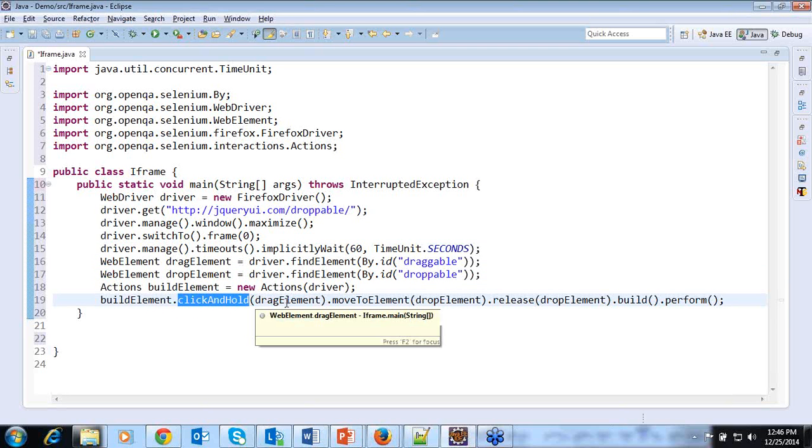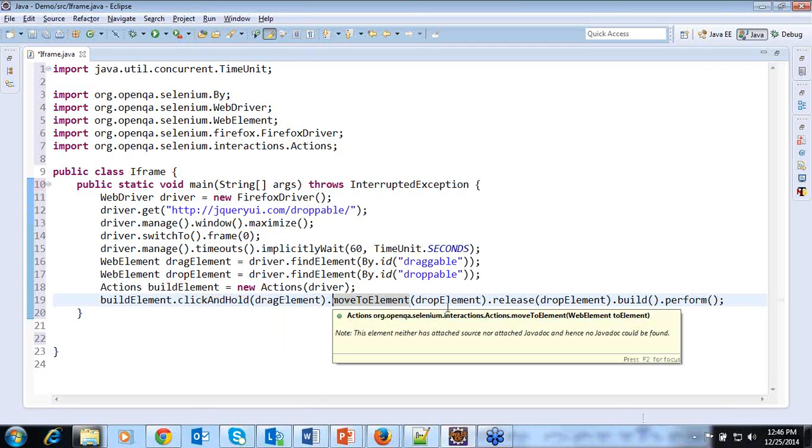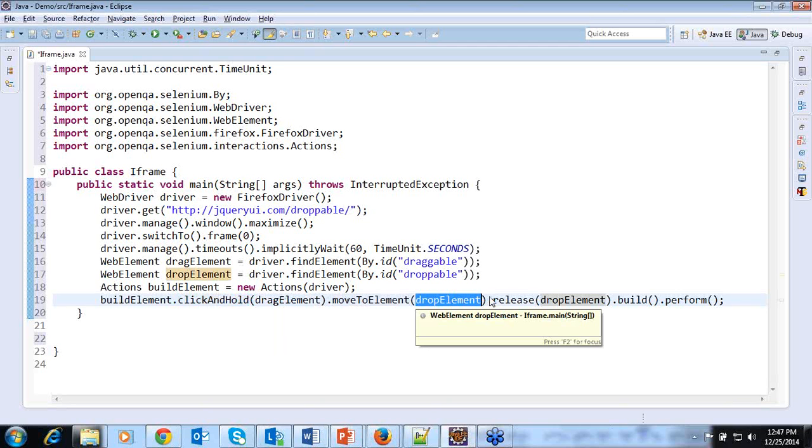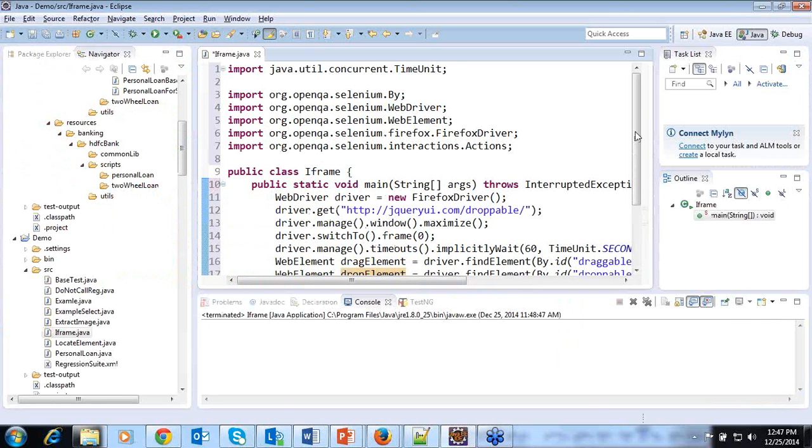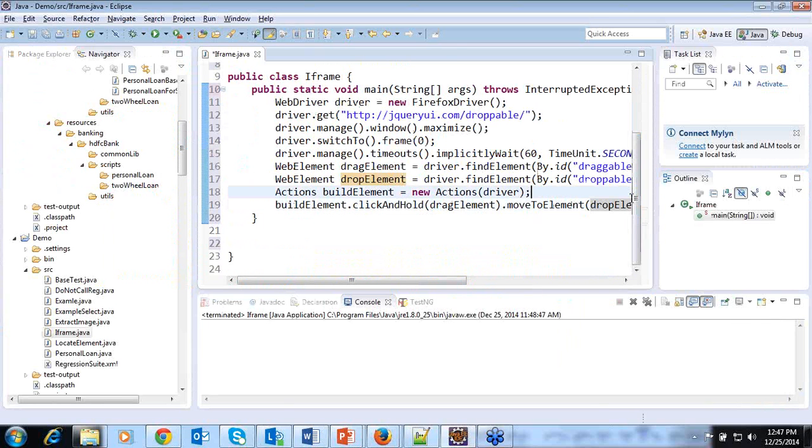First it will click and hold, then it will move to the droppable element, and it will release on the droppable element. So let us execute this piece of code, but before executing I want to use one more method, that is buildElement dot